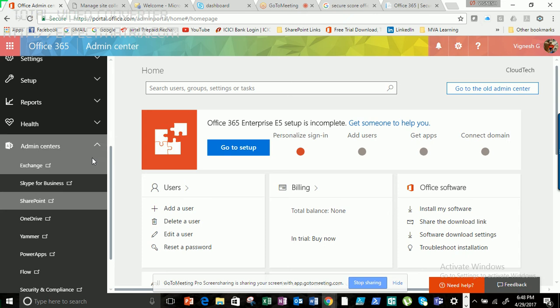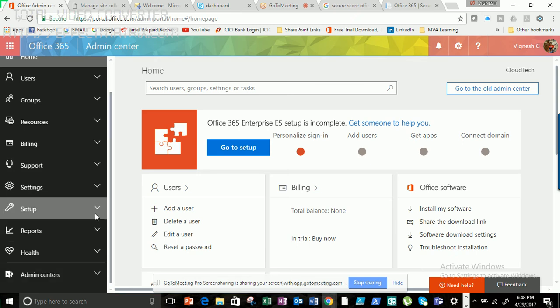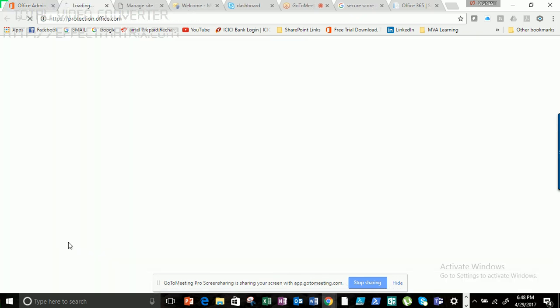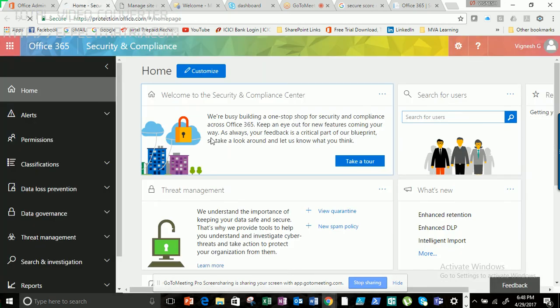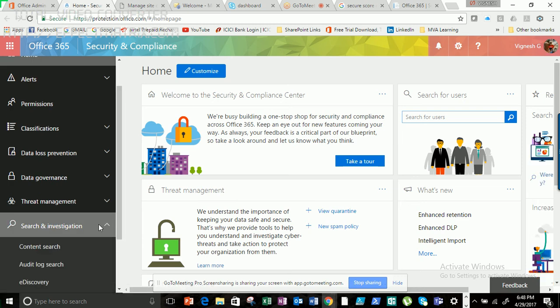Okay, and I was talking a lot about security and compliance. All right, so I'll just show you a small cool thing here. Okay, so just give me a minute. So here is the Security and Compliance tab. Okay, I'm just opening that for you. It's loading. All right, it loaded here. Okay, I'm going to go here: Search and Investigation, Audit Log Search. Okay,